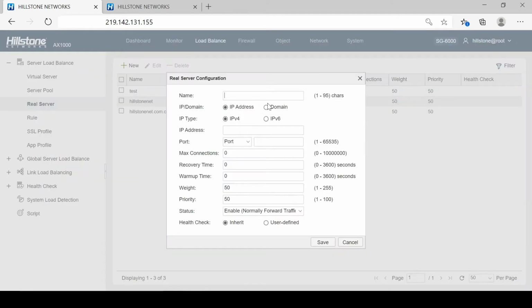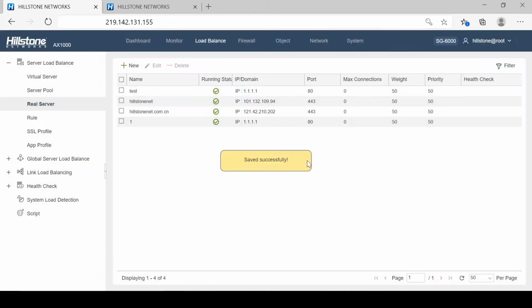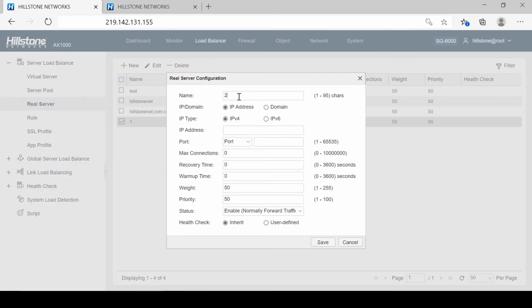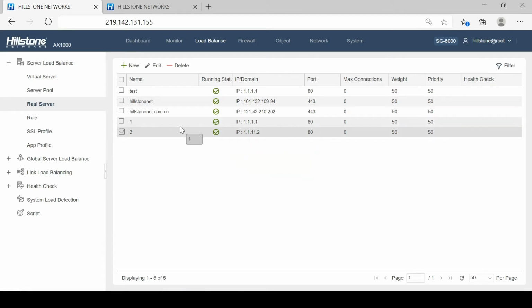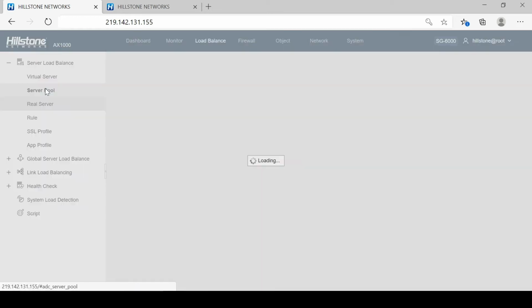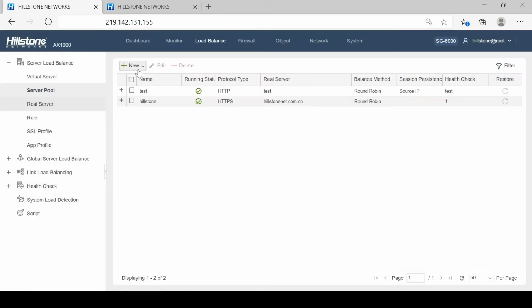First, we will set up 2 real servers by filling in the name, IP address and port. Now we have real server 1 and 2, corresponding to 2 real servers in the backend. Next, we will put both real server 1 and 2 into the same HTTP server pool.